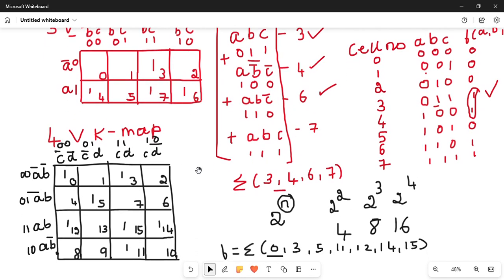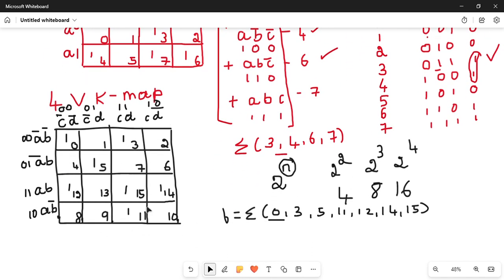So now if you consider the four variable K-map, how many cells does it have? It has 16 cells and 4 rows, wherein you're supposed to write like this: 0, 1, 3, 2, 4, 5, 7, 6. Then 8, 9, 11, 10 you write at the last row, and here in the upper row 12, 13, 15, 14, and now we write like this: 0, 0, 0, 1, 1, 1, 1, 0. Here also the same. And if this example is given to you, you're supposed to write all these values as